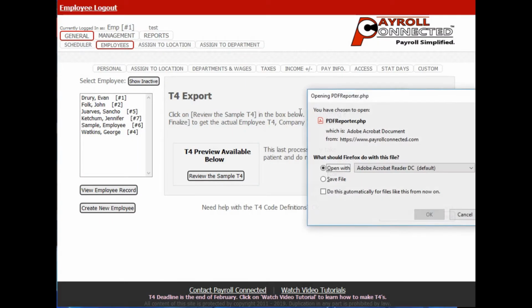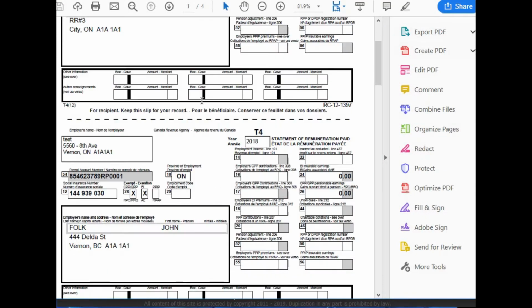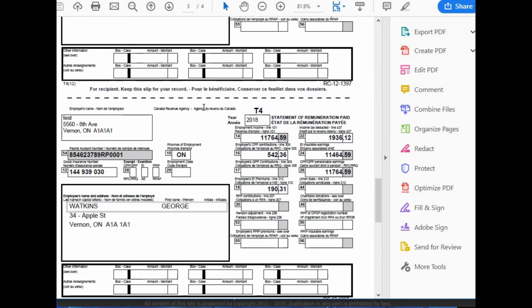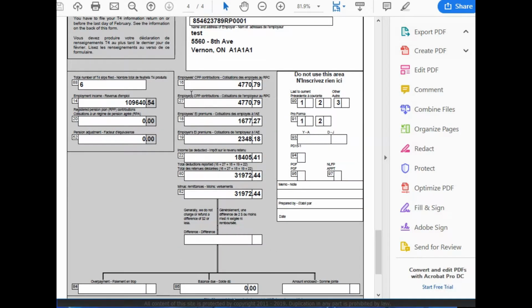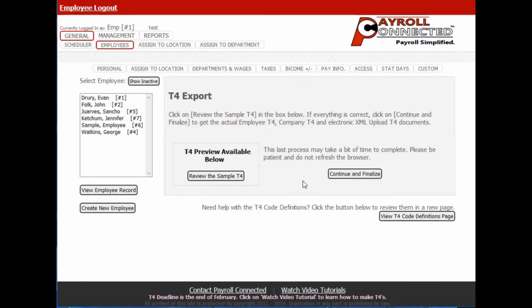preview for you to look at, which is basically a company copy that has 2 employees per page. And if we scroll all the way to the bottom, it has the company summary page, which you can check against your accounting for the year. If everything looks good, then you can click on Continue and Finalize,